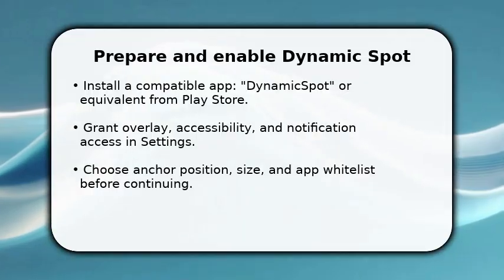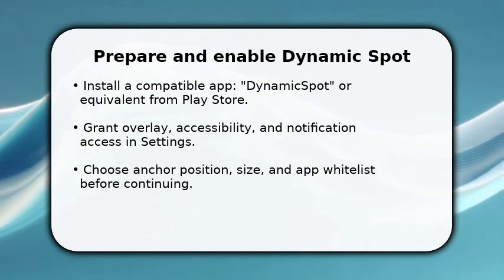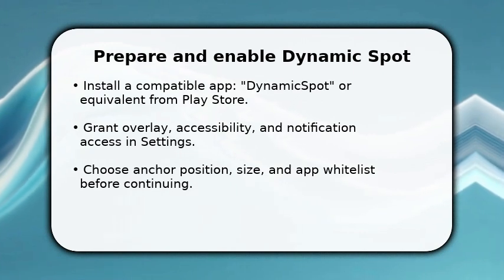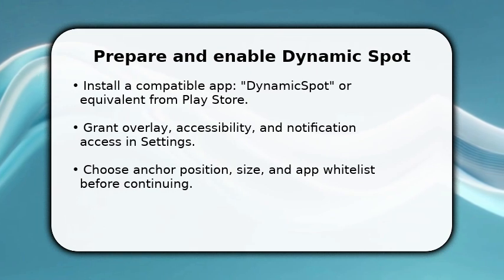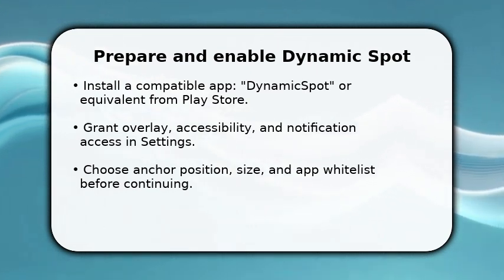You start by installing a reliable dynamic spot app and immediately grant overlay, notification, and accessibility permissions. This lets the feature draw and read notifications. Once done, open the app and pick an anchor location near the front camera or status bar so notifications won't